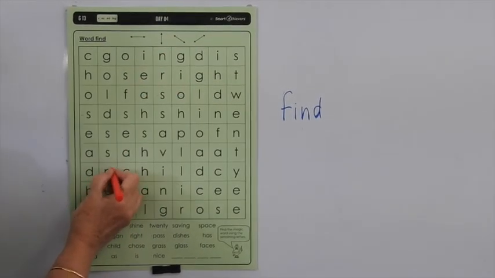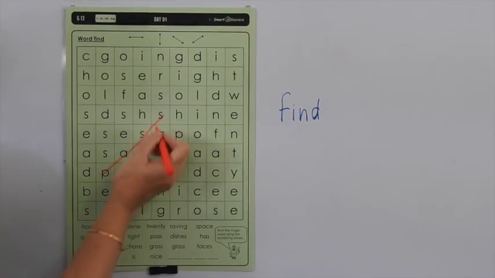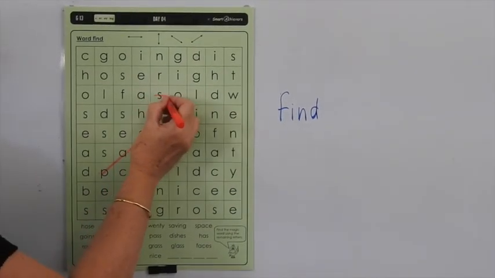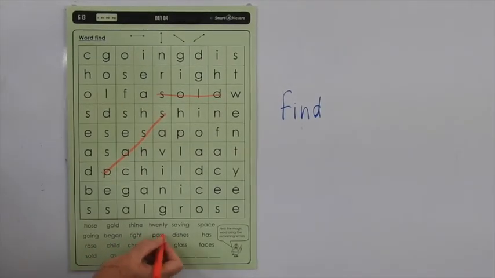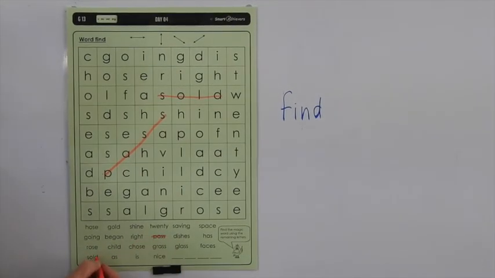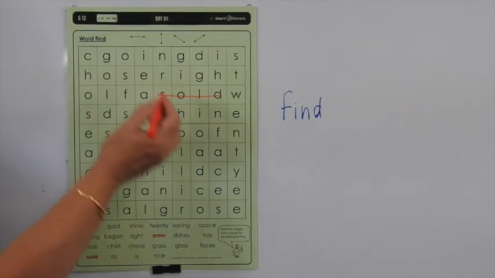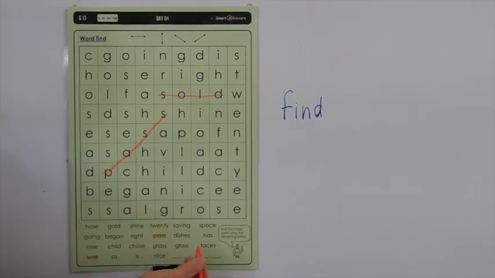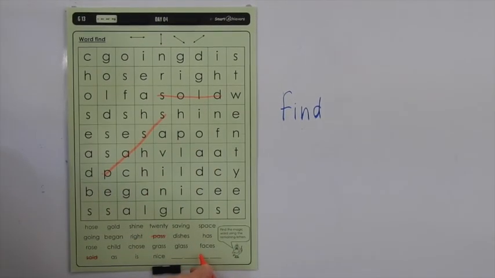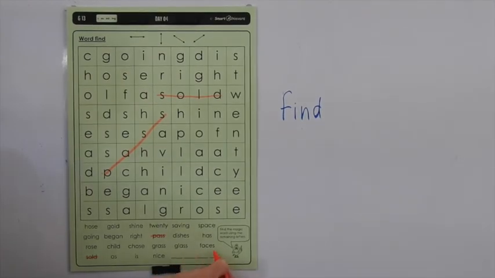So we've got sold going across. So when you find them up the top, don't forget to cross them off down the bottom as well. Now when you finish finding all of these words, you're going to be left with 4 letters. There'll only be 4 letters left in your word sleuth. You have to find the word that those 4 letters make and write it